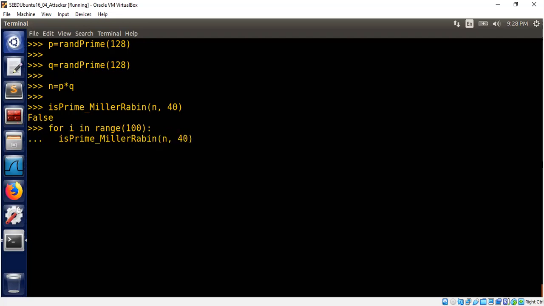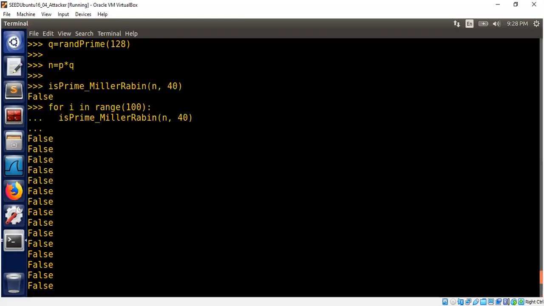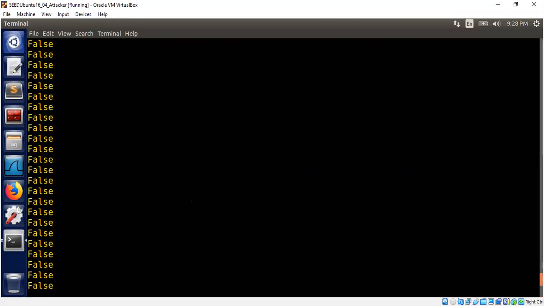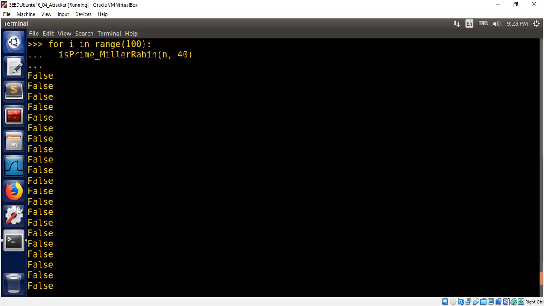Clearly, it's not going to work, but I wanted to convince myself and you. You see here, it's false, false, false. In all the attempts, it was able to tell that the number n is composite, meaning false, meaning not a prime number. But it was never able to tell us the factor. Okay, so Miller-Rabin is actually testing whether a number is prime or not, but it has no way to tell us the prime factor